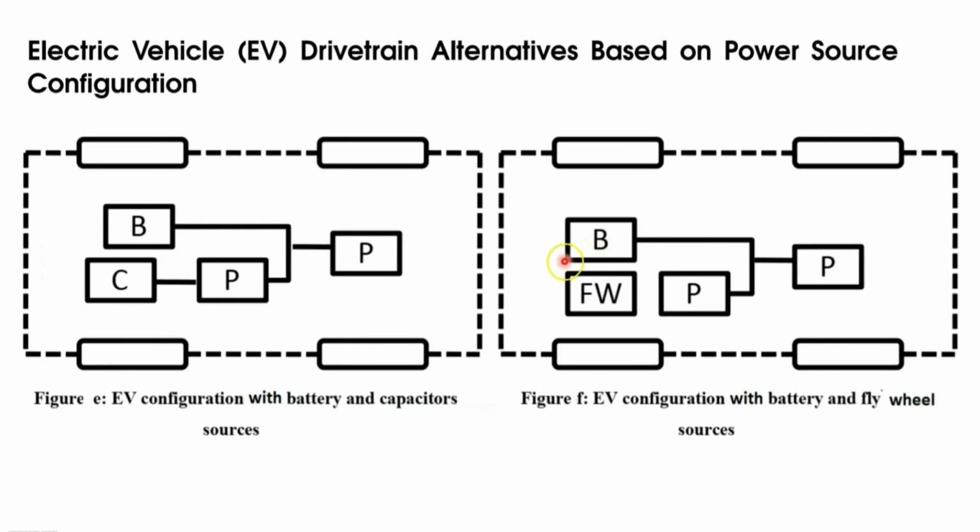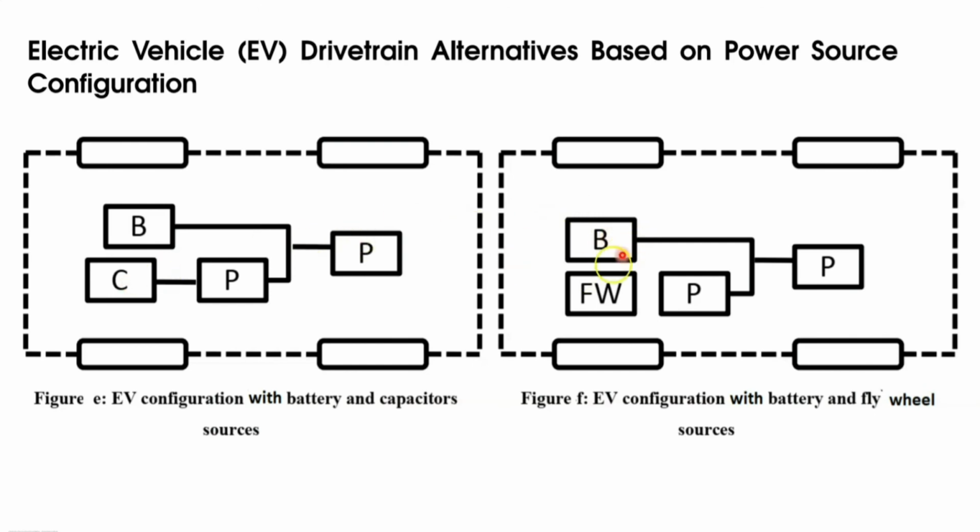Next is the fifth configuration. In the fuel cell and battery combination, the battery is selected to provide high specific power and high energy receptivity. But in this configuration, a battery and supercapacitor combination is used. So here a battery is there, a supercapacitor is there. So a battery and a supercapacitor combination is used as an energy source. The battery used in this configuration is a high energy density device, whereas the supercapacitor provides high specific power and energy receptivity.